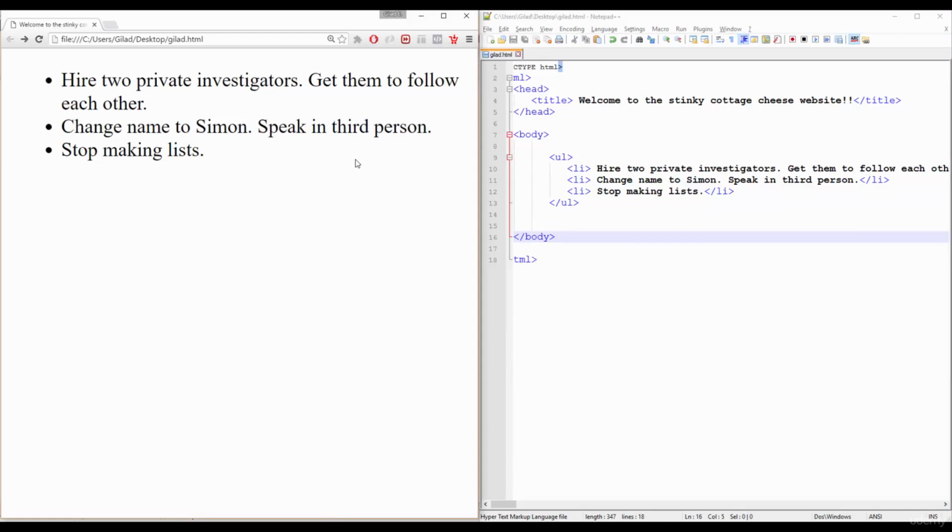Alright, so we have our list. Note that we have nested elements here. We've got the UL tag, which means we want our list to be an unordered list. And inside, we have the li tag, which means list item. Just like the unordered list, we also have an ordered list. Let's order our list from the most exciting thing to the least exciting thing to do next year.